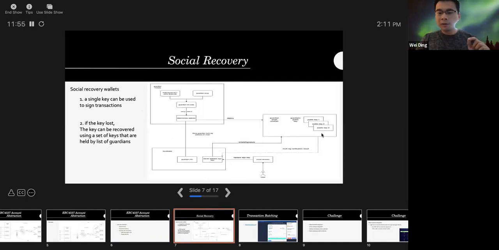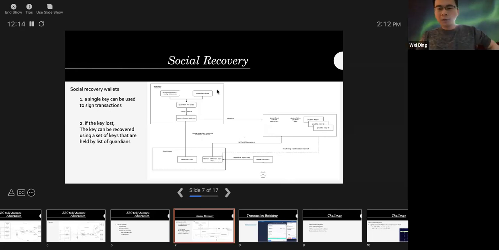If a certain threshold is met, like a majority of the guardians agree to sign the replace transaction, then without using the original signing key, the guardians can help to replace the original signing key and set a new one.